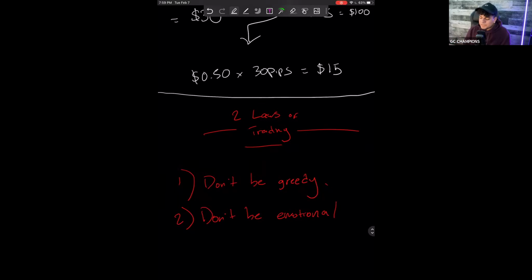So don't be greedy. If you're winning, don't continue the winning streak. This isn't Call of Duty, please. You don't need to continue the win streak. Just close your laptop, close your phone, right? Just be happy with the profit you made. Set daily targets, have a profit target for every single day. If you hit 20 pips or 30 pips a day, that's a great day for you, because in a month